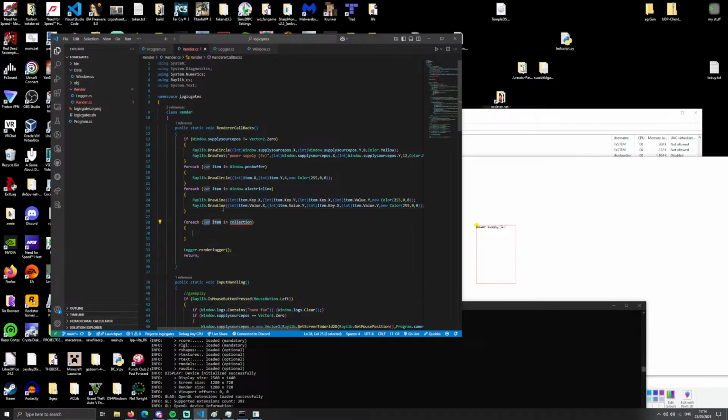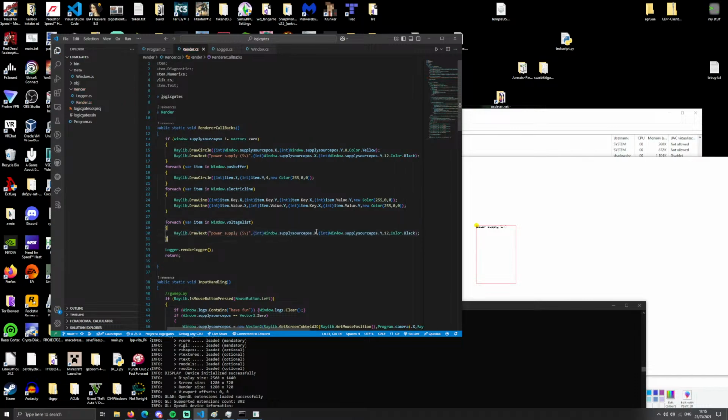For each in window dot voltage list, item dot, okay, the key is the position, right? So let's just go and arraylib dot data text. Alright, that should do the trick, and we want to do something like item dot key dot x dot y,